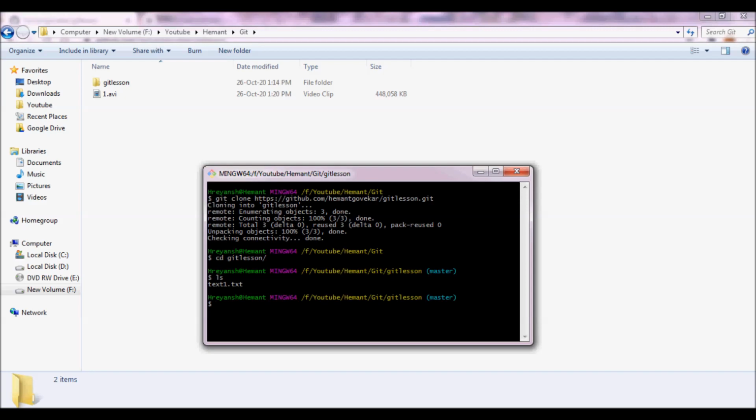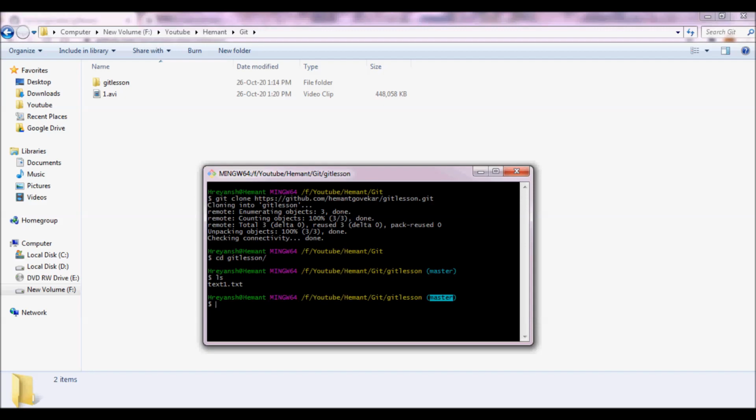Now I am in the master branch, and this is the branch which goes to production. If you want to make some feature changes, you will not create all those files or changes in this master branch. This is for production. You will create a branch out of this master called feature, and based on the feature you will try to incorporate it in the master. Once you have done all your changes in that feature branch, then you will merge that code into your master and then push that code to production.